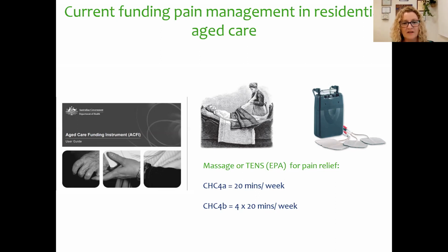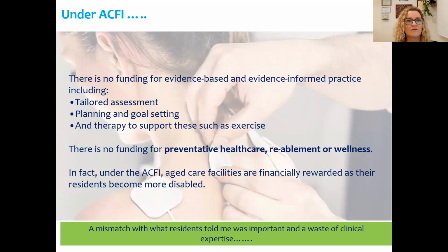CHC4A means complex healthcare 4A, which is delivered, TENS or massage or similar, delivered 20 minutes a week by a registered nurse or an allied health professional, or a complex healthcare 4B4, lots of 20 minutes a week of the same treatments. So understanding that, what we're seeing there is no funding for the evidence-based or evidence-informed practice